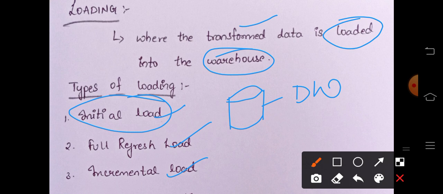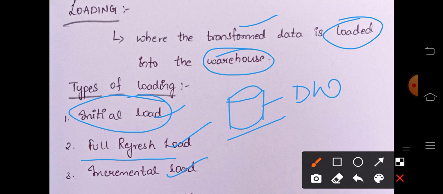Or if we are transforming or loading all the data, and the entire data is dumped into the warehouse at a time, that means in one go we are loading the data into the data warehouse, then we call it a full refresh load.